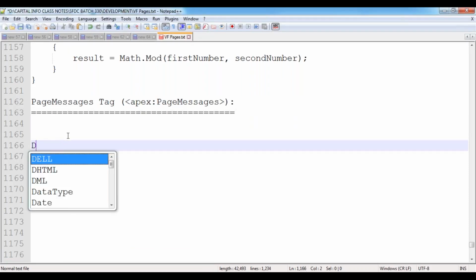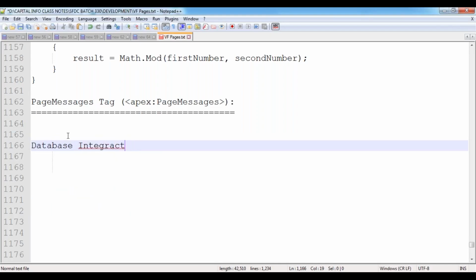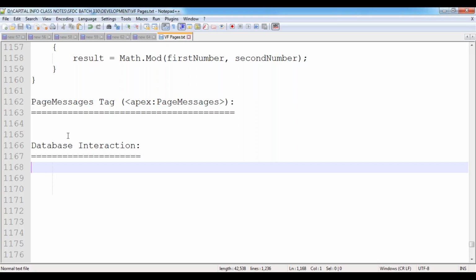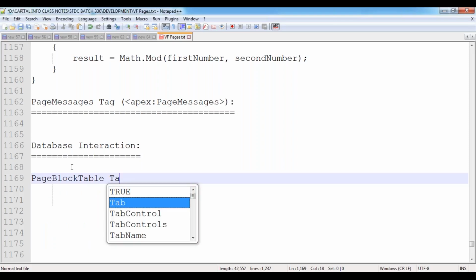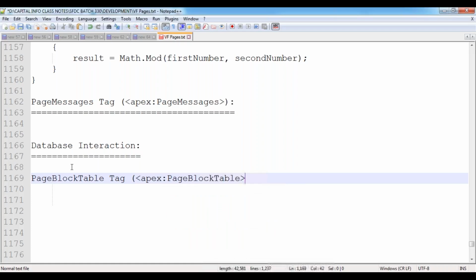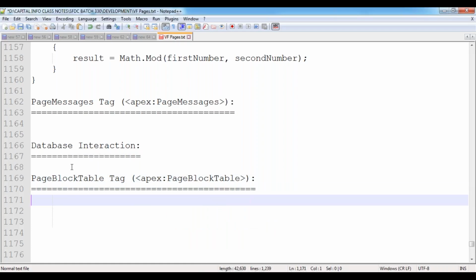After that, we'll see the concept of database interaction. That means how can we connect to the database? As of now, we are performing some basic calculations, but now I want to collect the data from the database. How to connect to the database, how to query the data, how to represent it by using page block tables. There we are discussing a tag called apex:pageBlockTable. How to use this tag to display the table on the Visual Force page, we'll see practically